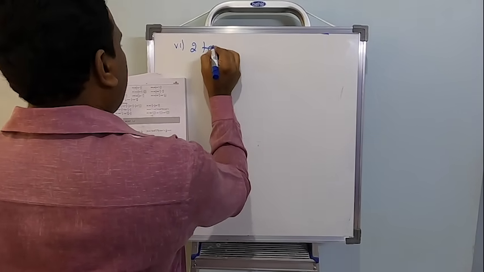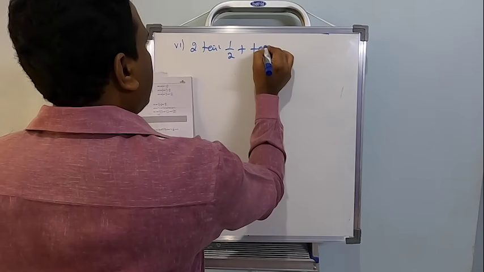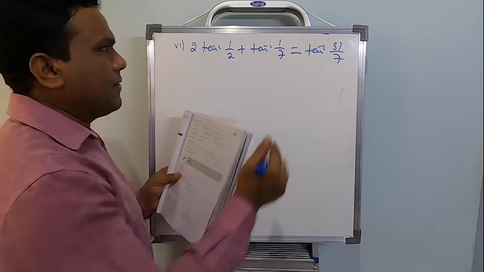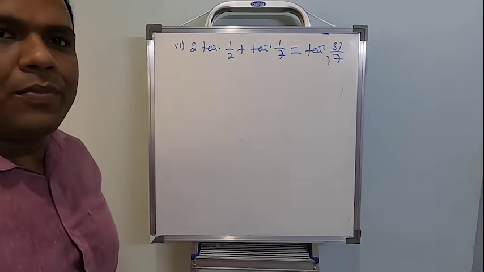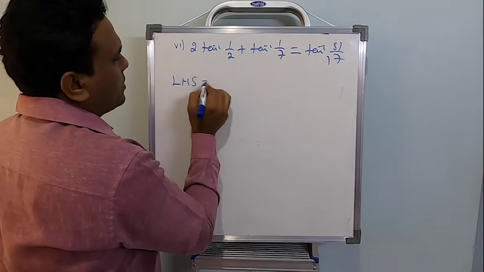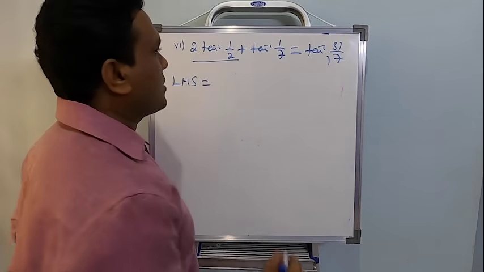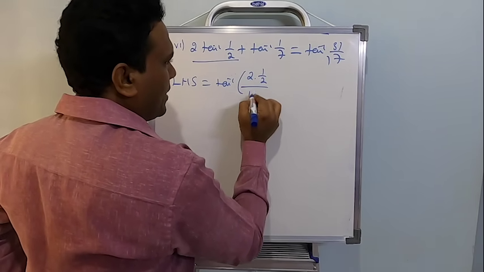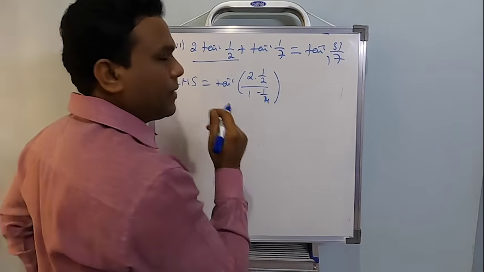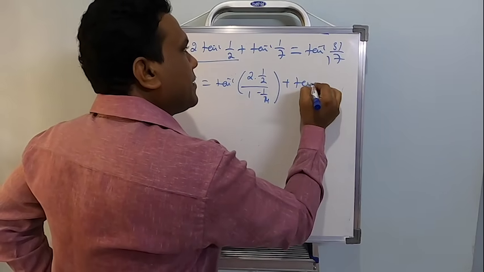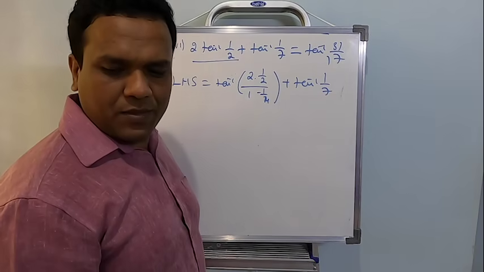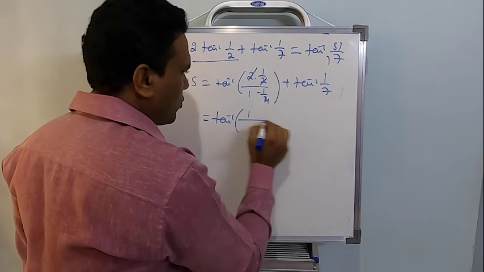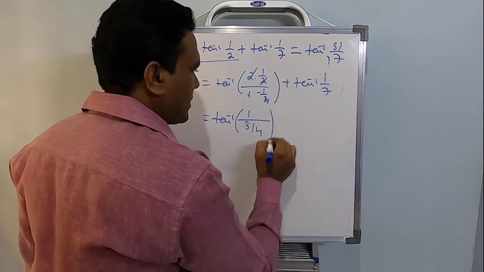So this is given by 2 tan inverse 1 by 2 plus tan inverse 1 by 7 is equal to tan inverse 31 by 17. That's what's required for us. So as usual, start with the LHS, with the formula of 2 tan inverse x. 2 tan inverse x is tan inverse of 2x by 1 minus x square. So x square will be 1 by 4, plus let's retain this, tan inverse 1 by 7. Now on simplifying this further, this gets eliminated, so 1, and on simplifying this, 3 by 4.